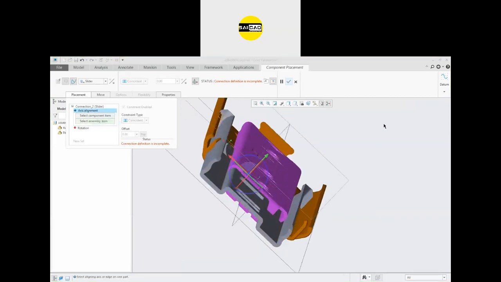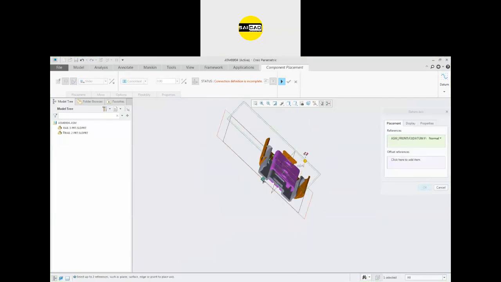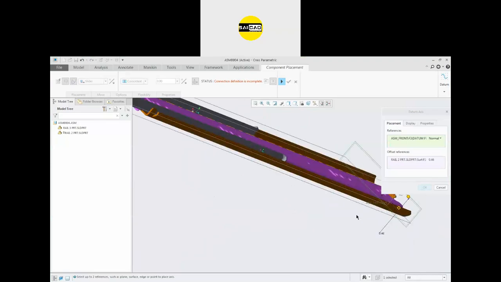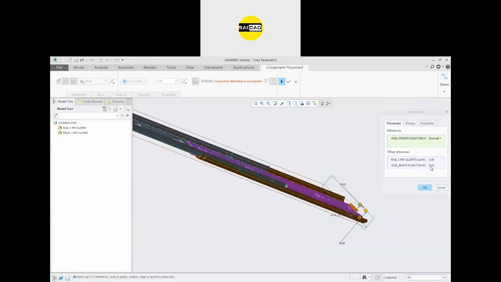We can create an axis inside the component, like from here directly. We can just select the axis here, and we can select the axis according to that. So I need an axis here, the distance should be from here, and the second relation should be from the mid, like that.